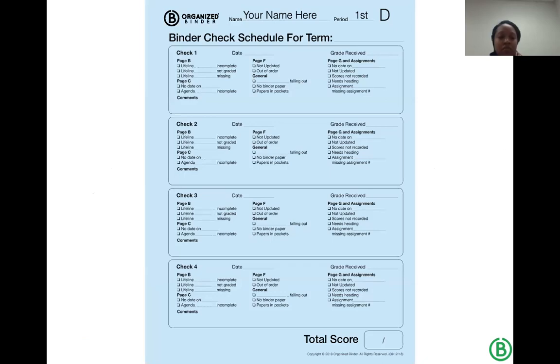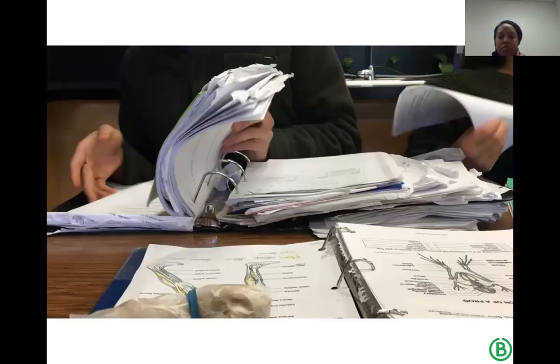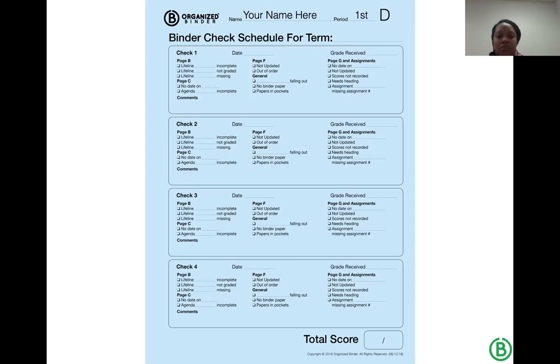Periodically throughout the learning period or the semester, we have a binder check. Teachers have a class sample binder, super easy. If you think about Organized Binder, we start class together, we update the agenda together, the table of contents, toolkit, we end together, we set goals together, everything is done together. So it's pretty easy to stay organized, but it is not uncommon where things kind of start to come off the rails. And so what we want to do with that class sample binder is just say, hey, your binder needs to look like my binder.